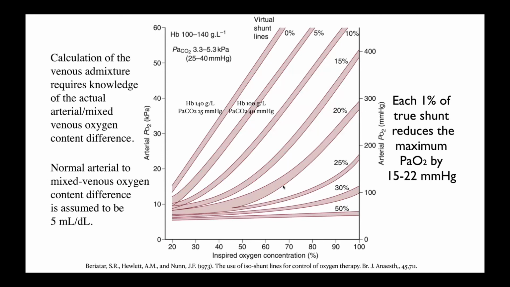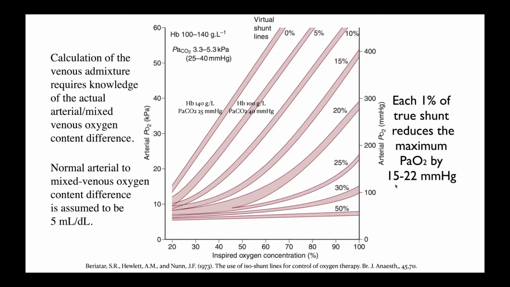Now, this is the IsoShunt diagram, and it is something that you will need to learn to draw, and I'll show you how to actually think about it. So how to actually draw it. All right. Now, the thing to note is that each 1% of true shunt reduces the maximum partial pressure of